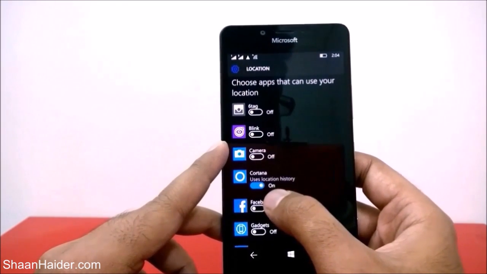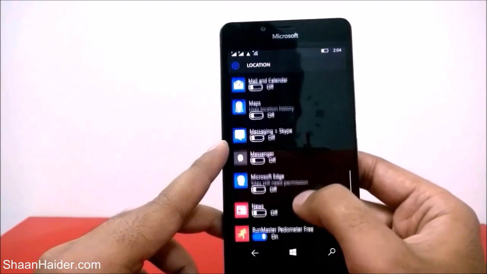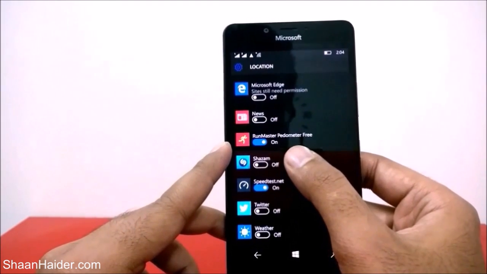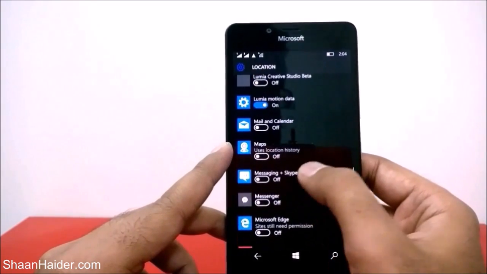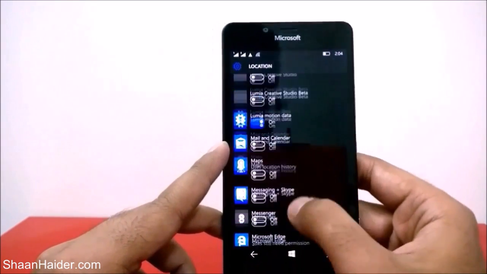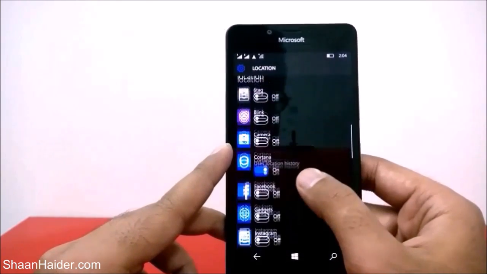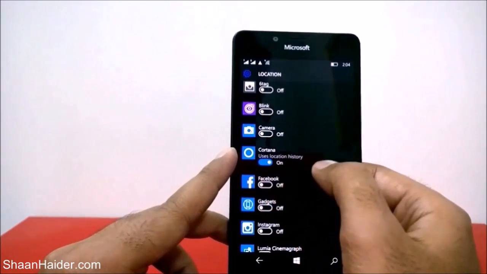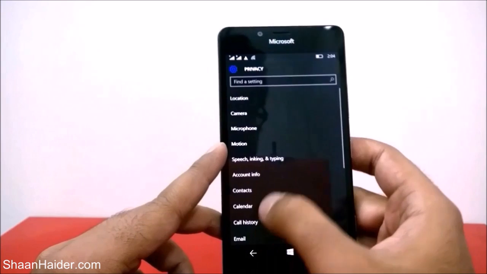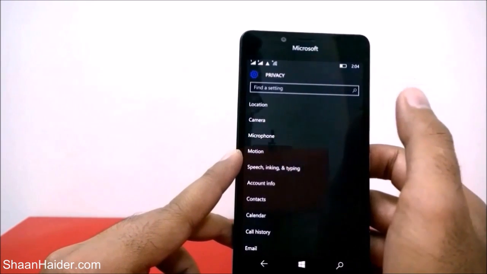Cortana can access my location, and so can Lumia motion data, Runmaster, parameter free app, and speedtest.net as well, and a few of them are off. So if you want any particular application to access your location, then you can just turn it on or off. It's totally up to you. For example, if we go to the microphone,